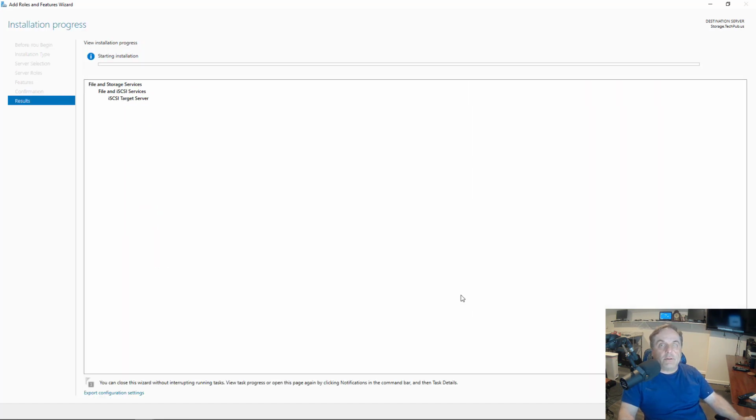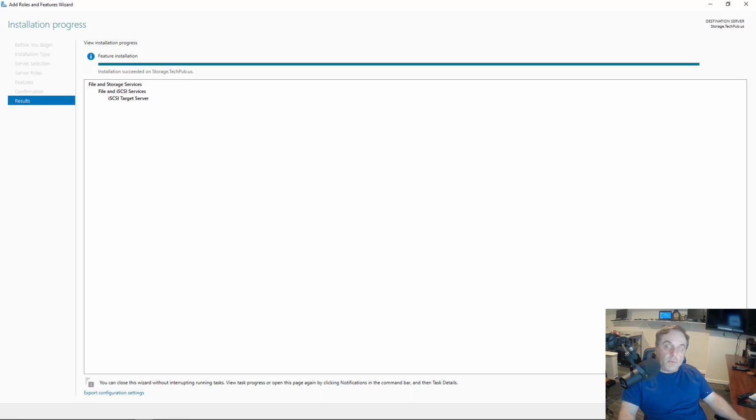The other way you can do this is to buy a SAN, or a storage area network device, that's just designed for this type of thing. And that'll be just basically a box of hard drives with a Linux operating system on it. And you tell it which IP addresses or which computer names can connect to it, add security if you want to, and then it adds the storage. So the Windows iSCSI target works pretty much the same way, except for it's all done through the Windows GUI or through PowerShell. And our server role has been installed.